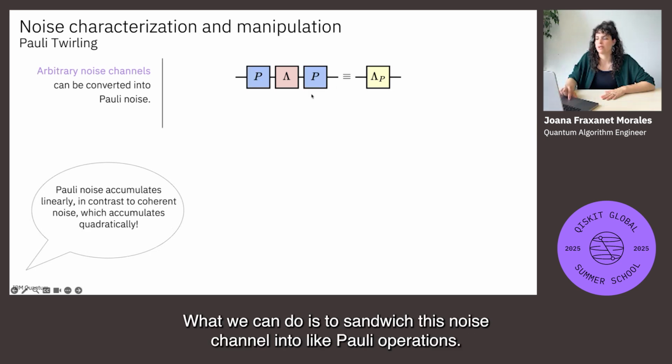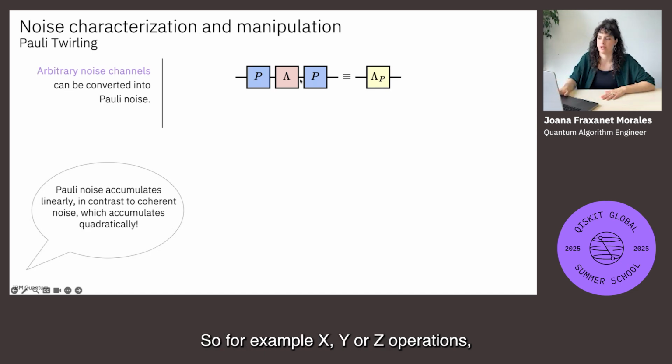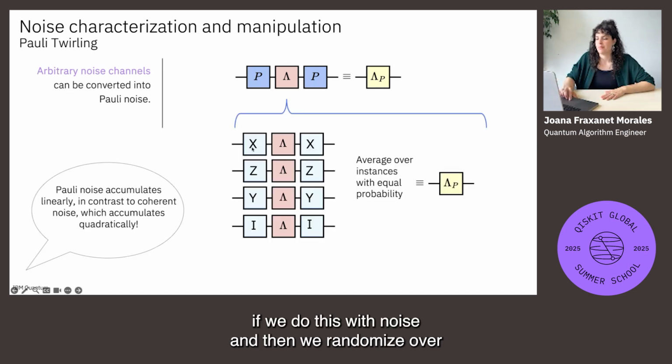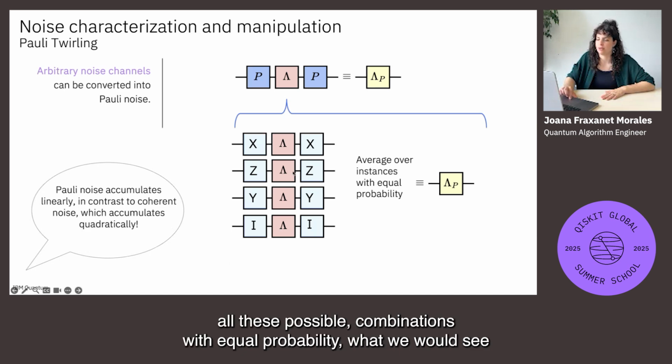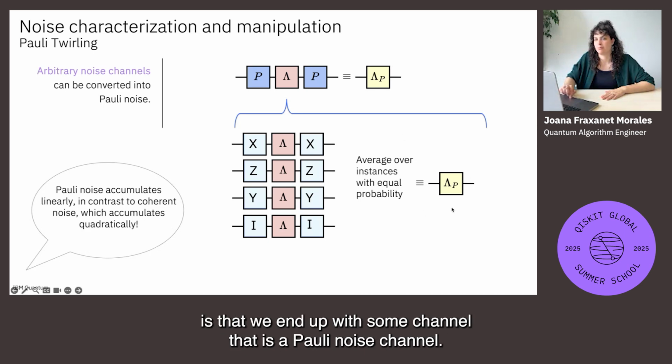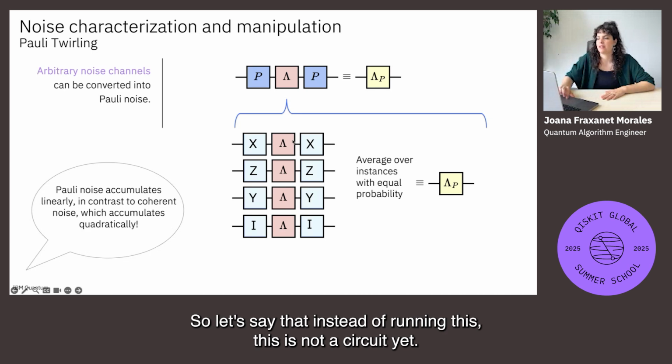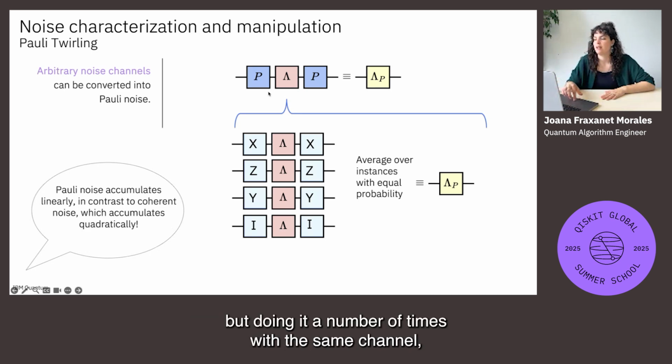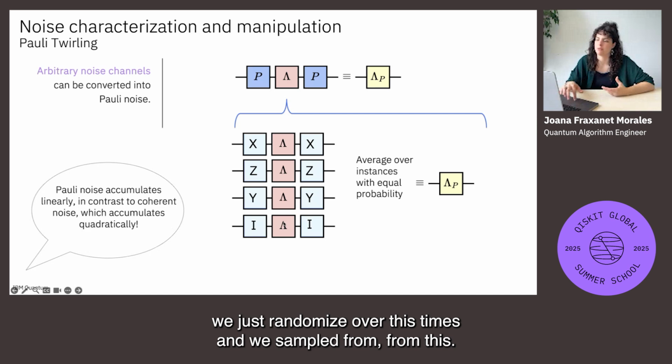What we can do is to sandwich this noise channel into Pauli operations. So for example, X, Y, or Z operations. If we do this with the noise and then we randomize over all these possible combinations with equal probability, what we would see is that we end up with some channel that is a Pauli noise channel. So let's say that instead of running, this is not a circuit yet, this is just a noise channel, but doing it a number of times with the same channel,